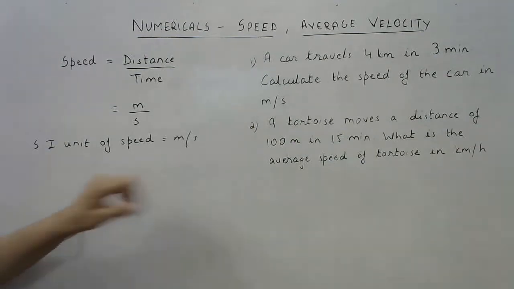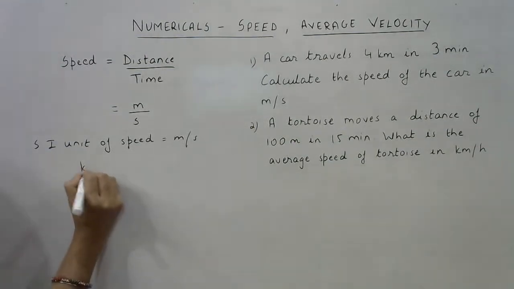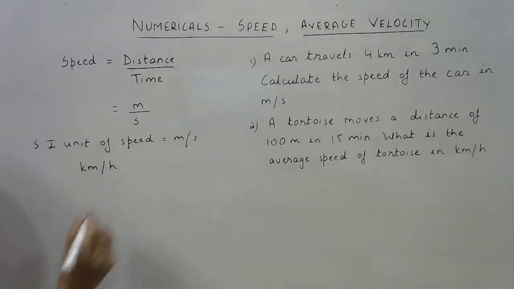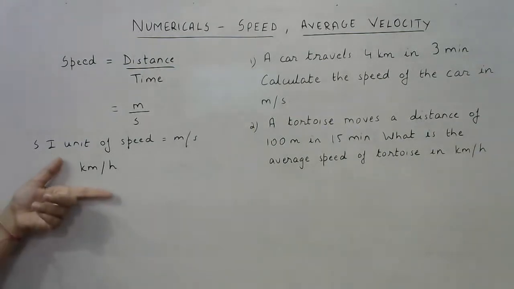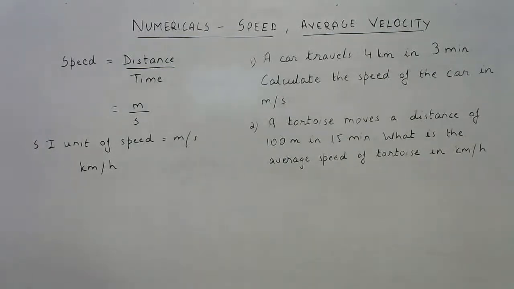meters per second. So the SI unit of speed will be meters per second. This you must remember. There is another unit of speed other than meter per second, that is kilometers per hour. If you look at the speedometer of your vehicles, you'll find the speed is written in kilometers per hour. We use kilometers per hour when the distance traveled is longer. Generally, when we travel from one city to another, the unit that we use is kilometers per hour. So let us start with some simple numericals first.